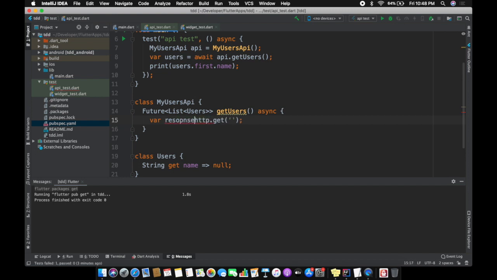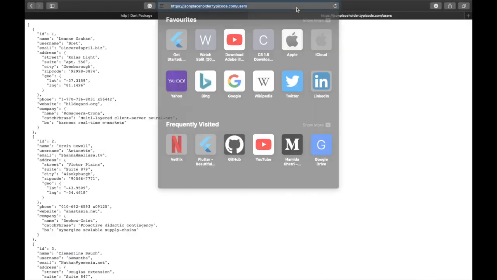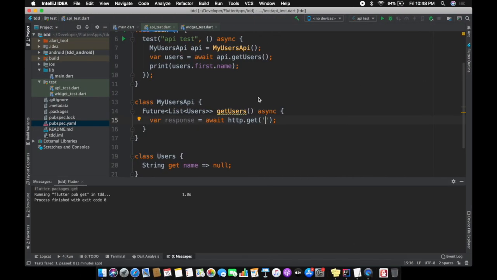Var response equals to await HTTP dot get. Why are we saying await? Because this get is a future function, so we need to wait until this function finishes. So we'll just paste the URL here. We go here, we copy this URL, we paste it,